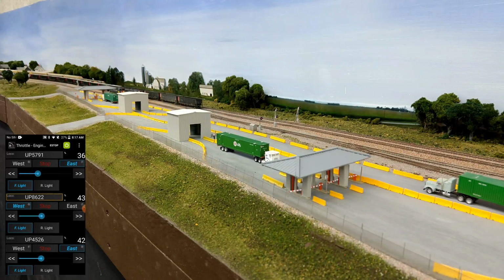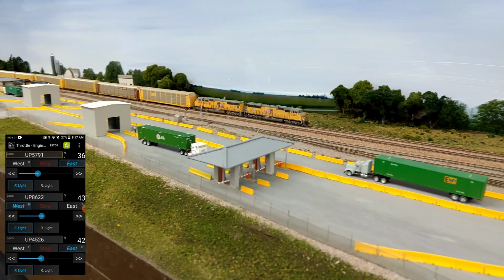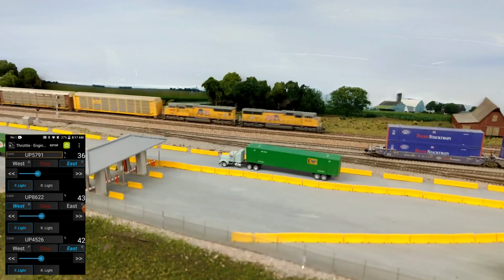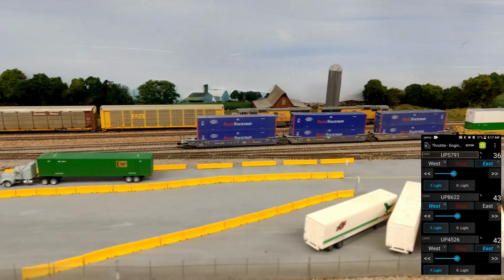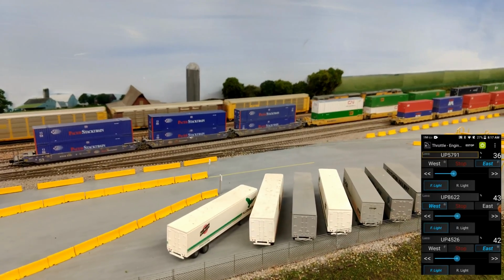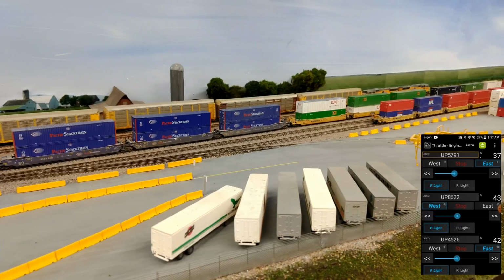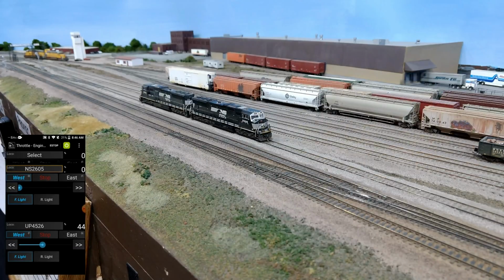Here we're headed past the Global 3 intermodal facility. This Autorack train is made up mostly of, I think, red caboose Autoracks. They're not available anymore, I don't believe, but you may be able to pick them up on eBay. While it's continuing to move eastward towards Proviso,